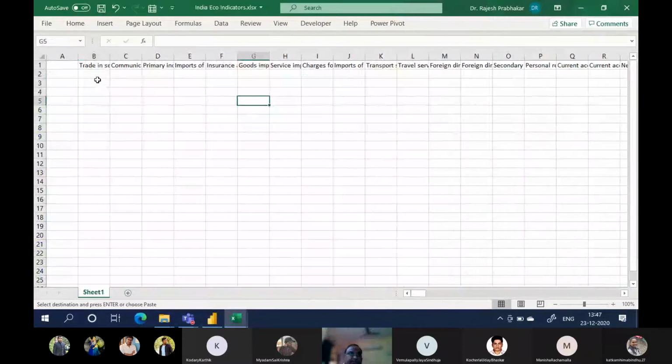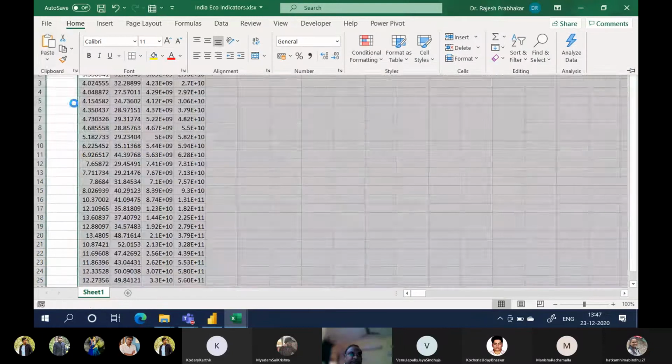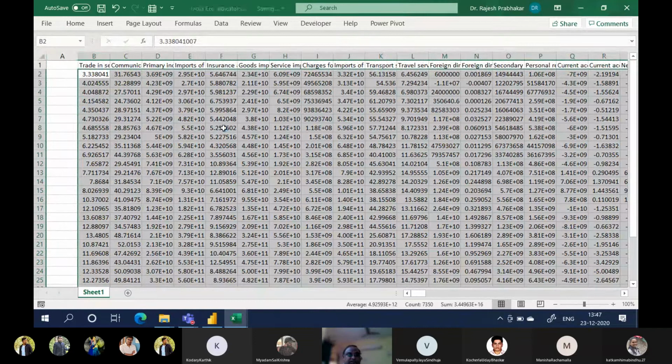Go to the Excel sheet. Select the first cell in trade, Home, Paste Special, Transpose. Now we got the data here, right? Transposing the data: first, copy the variable names, transpose and paste in the Excel sheet. Similarly, copy the data and paste it in the Excel sheet.